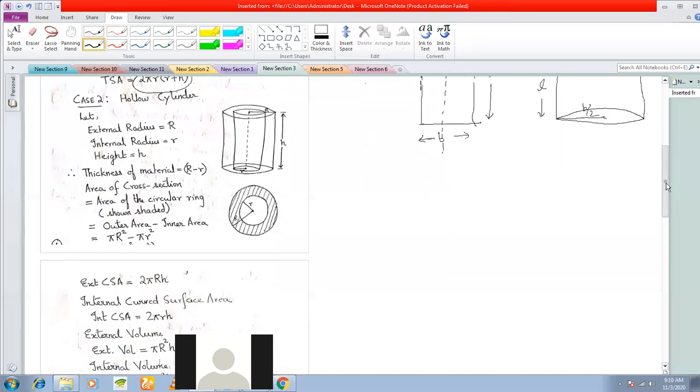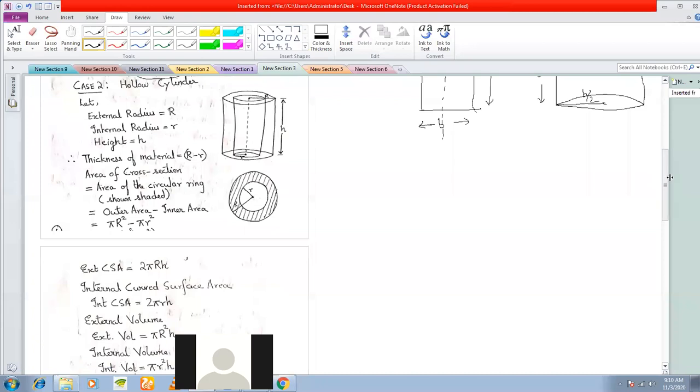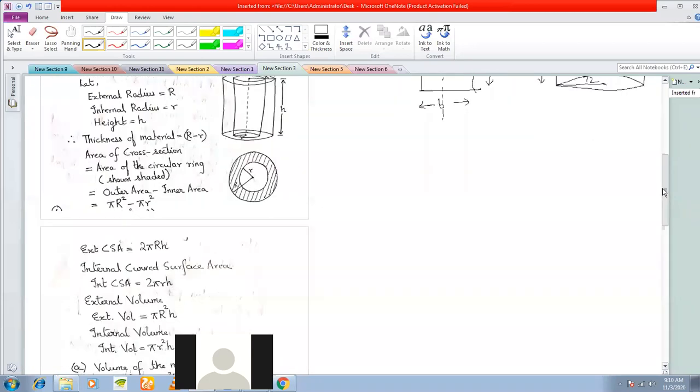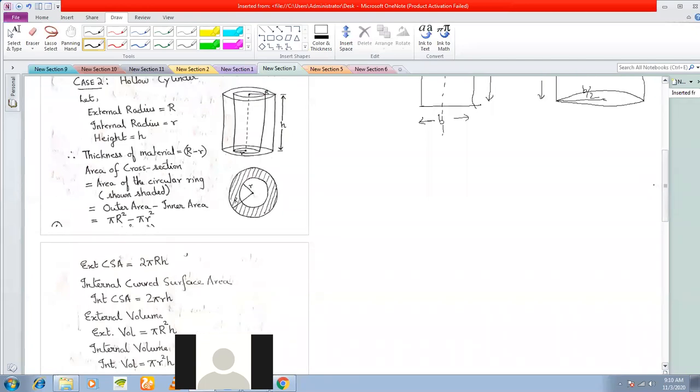Next, we come to the case of a hollow cylinder. Now, what do you mean by a hollow cylinder? All these results were for a solid cylinder. Hollow cylinder, also in class 8, I had worked out a problem on, wherein you have a cylinder with the outer radius capital R, and you have an inner radius small r, and this is the material here. This red part that I am shading,